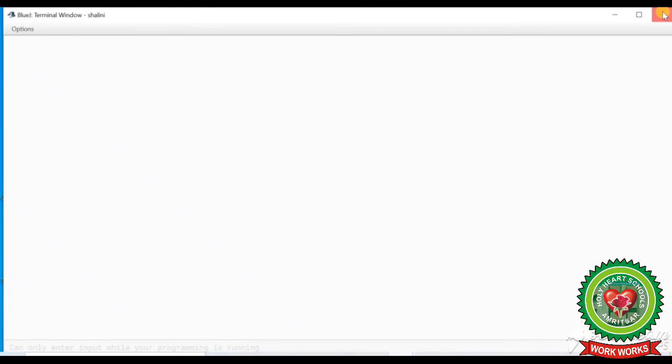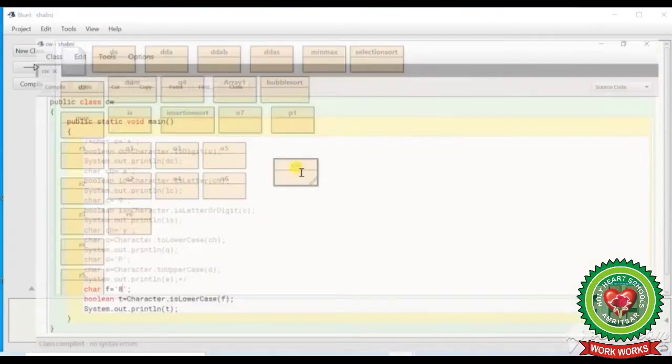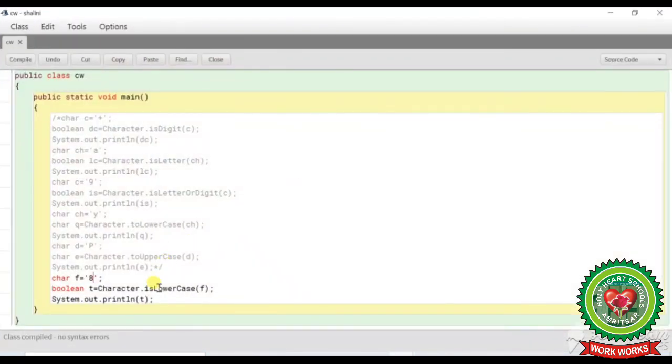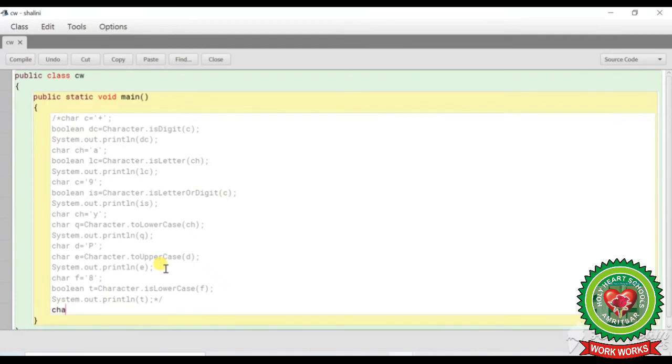Now the last method that is left is isUpperCase. So here again I am going to put it in a comment section and I'll type my program. The coding for isUpperCase: char L equals any variable, means any character you can take over here, semicolon.